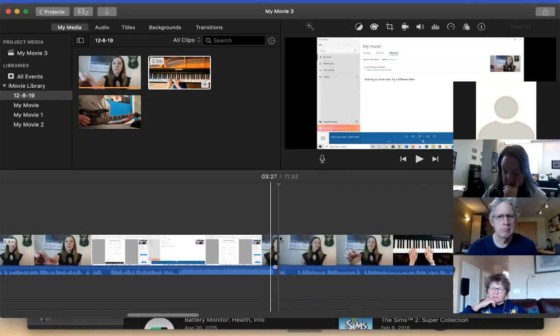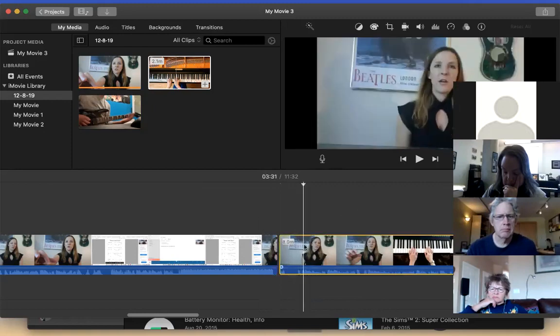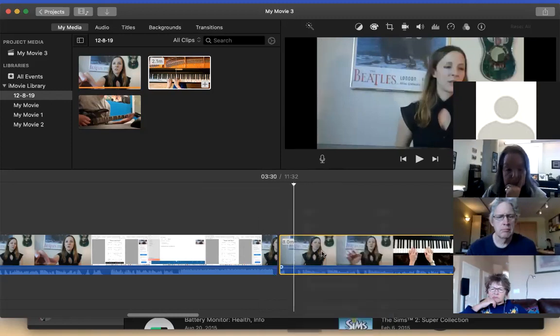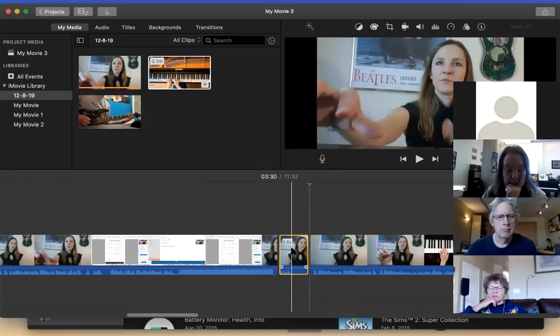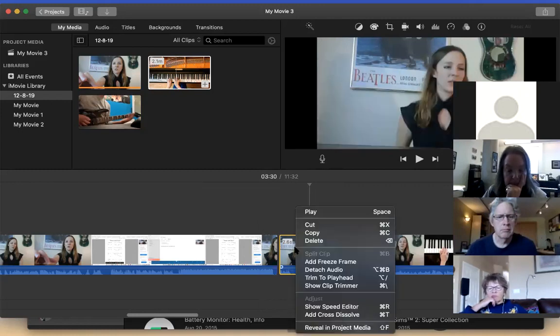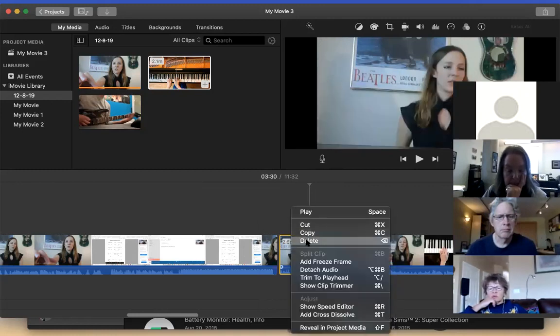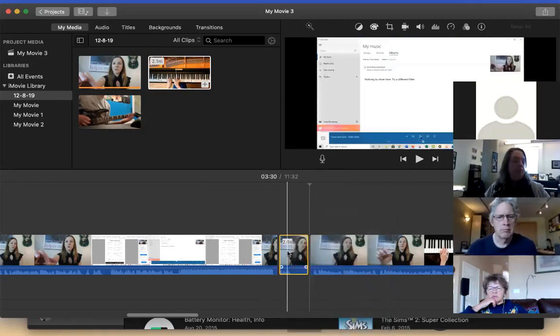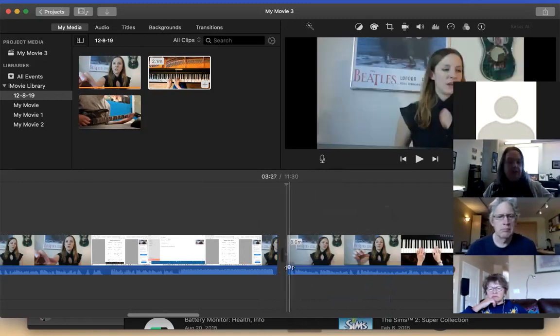And then I can just find the other part that I want by clicking around or whatever. All sorts of different ways you can do it. Find the part that I don't want and then hit split clip, and that'll create one here. And now all I have to do is I can right click it and just click delete or cut or whatever I feel like doing. Or I can also hit the delete key on my computer or the backspace key, just like if I was typing, and that'll delete it there.